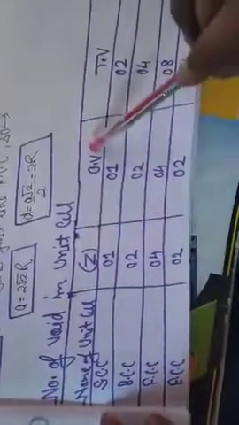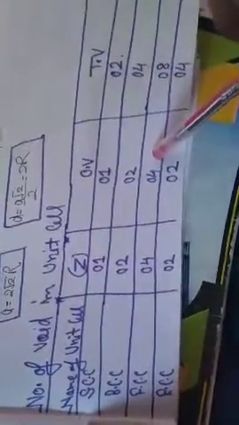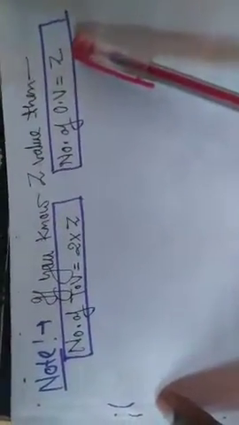For the FCC cell, the z value is 4, so the octahedral voids equal the z number, that is 4, and tetrahedral voids are 2 times the z value, that is 8. For ECC, the z value is 2, the octahedral voids equal the z value, and the tetrahedral voids equal 4, that is 2 times the z value. So if you know the z value, the number of tetrahedral voids is 2 times the z value, and the number of octahedral voids is equal to the z value.